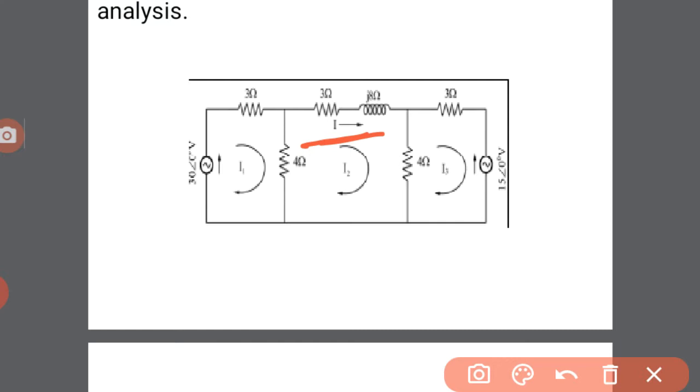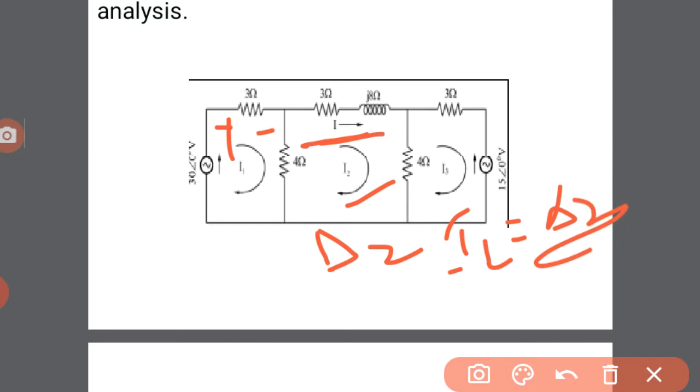First, we indicate the plus and minus signs within every loop. After that, we select a similar path, either entering or leaving. Then write down the equations and put them into matrix form. From this matrix we find the determinant. At the same time, we decide which value to find; in this case we have to find the current I2. So we have to find the value of delta 2, because I2 is equal to delta 2 by delta Z. So finally we get the value of the current flowing through the second loop, that is I2.